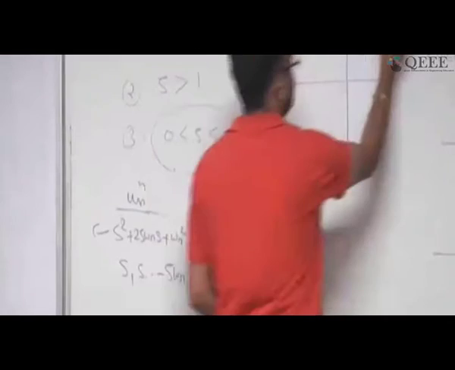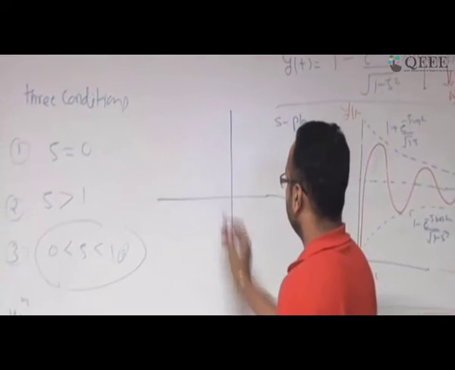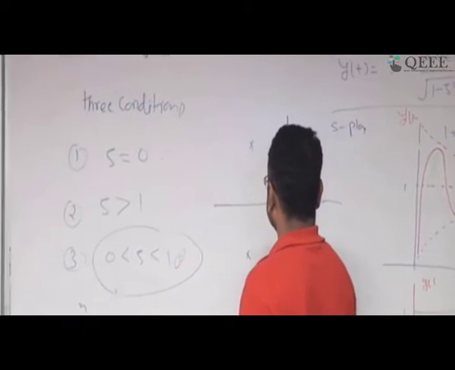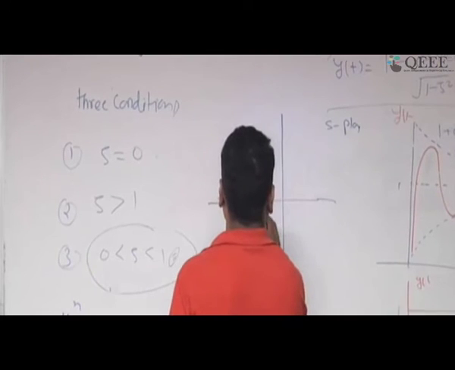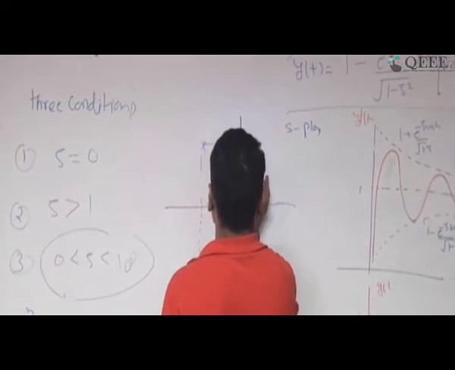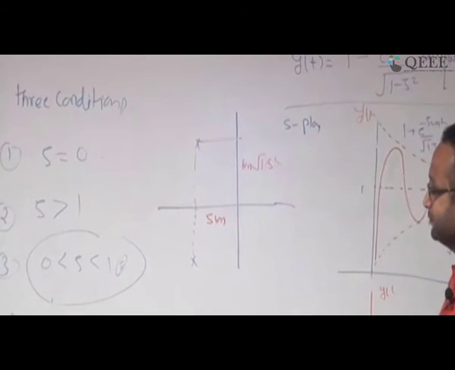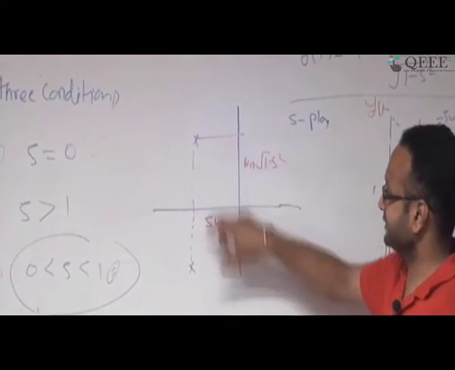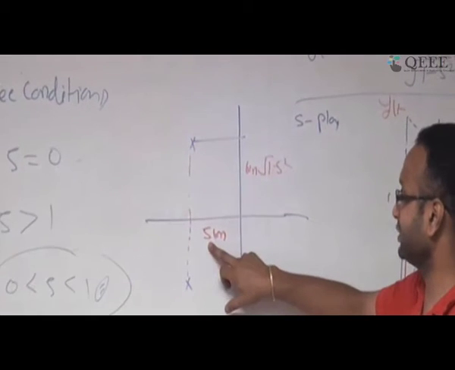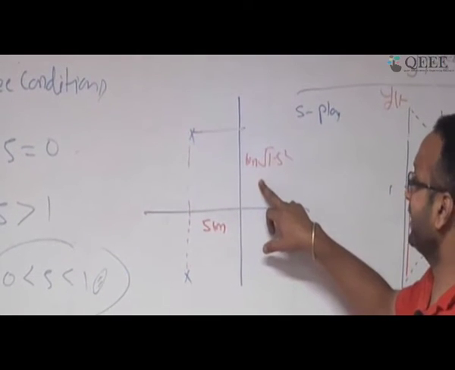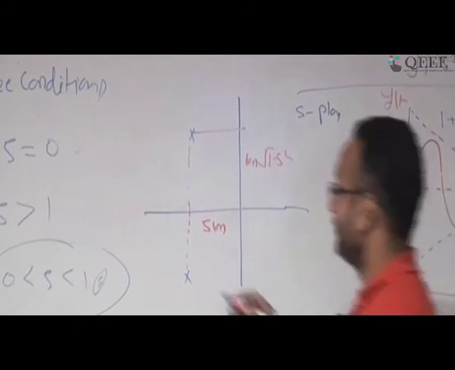Now if we look at it, this is my S plane, and what will be the location of the roots of the system? This is going to be the real part, okay, and the real part is going to be denoted by this, zeta omega n, and this imaginary part is omega n root of 1 minus zeta square. Okay, this is going to be the typical scenario. Okay, this second order system has two poles in conjugate locations, where the real part is minus zeta omega n, and the imaginary part is omega n root of 1 minus zeta square. Okay, fine. Now think of the scenario when zeta equal to 0.